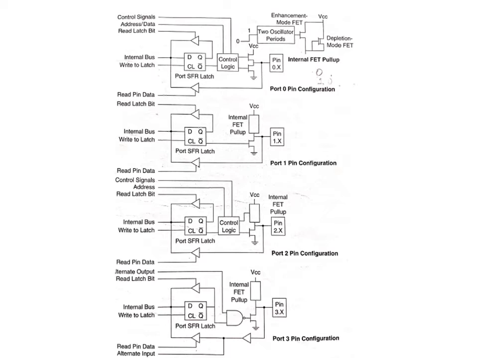The two data paths are shown in the figure by the circuits that read the latch or pin data using two entirely separate buffers. The upper buffer is enabled when latch data is read, and the lower buffer when the pin state is read. The status of each latch may be read from a latch buffer, while an input buffer is connected directly to each pin so that the pin status may be read independently of the latch state.